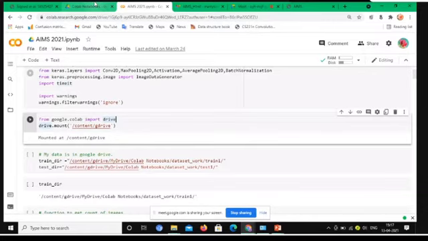So 70 percent of the images are taken for the training part and 30 percent of the images are taken for the testing part. So these are the images I have to give for the testing part. These leaves are affected by bacterial spot. These images are taken from the PlantVillage dataset, and it is an open source dataset.